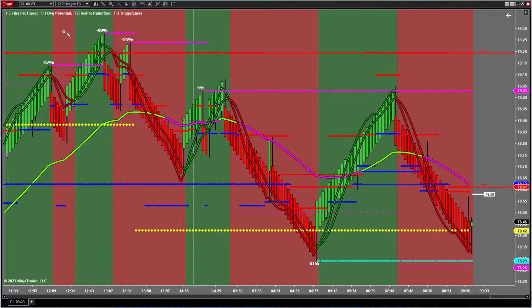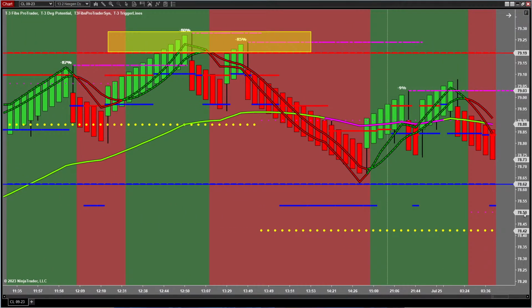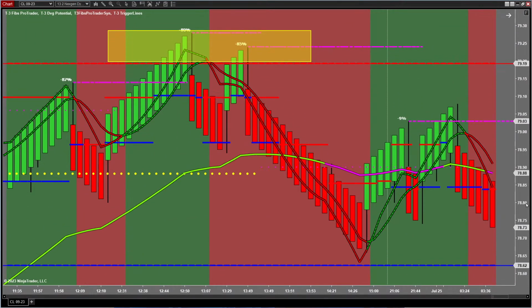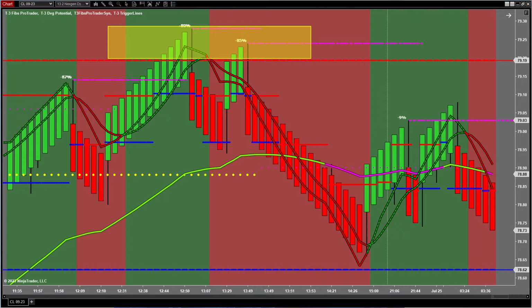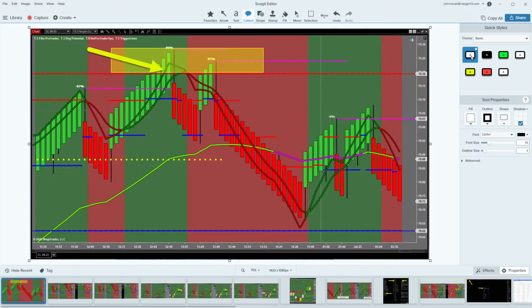I like to draw boxes on areas of major importance. Again, when we look at a termination area, I want you to think about it in a couple of different ways. Bear with me here. Watch. I'm going to take a picture of this. In this picture, when we reach Fibonacci resistance, at the very first time we reach resistance,